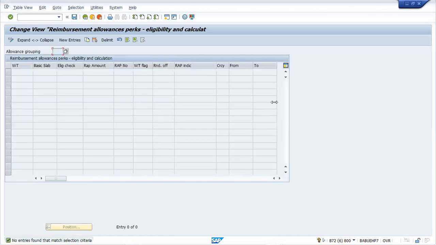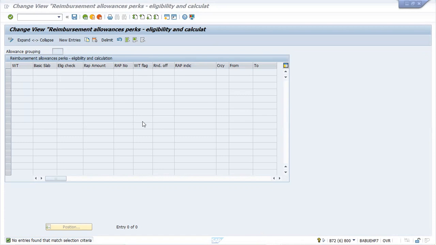Allowance grouping, you can see this is completely blank. You can see Change View: Reimbursement, Allowance, Part. There are three things we'll be seeing. One task I'm giving to both of you: tell me the difference between these three. You can search, make an article or a table on the difference between these three things: what is reimbursement, what is allowance, and what is a part. That understanding is very important.